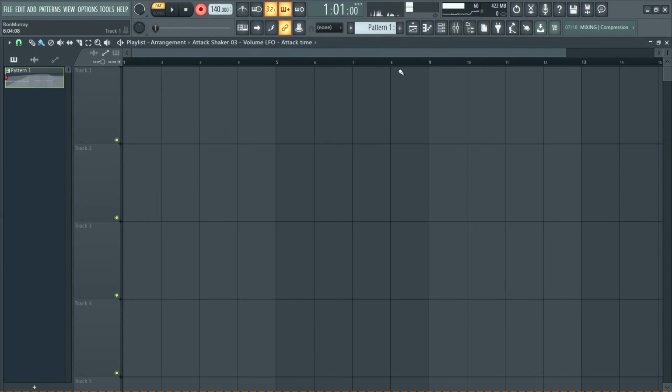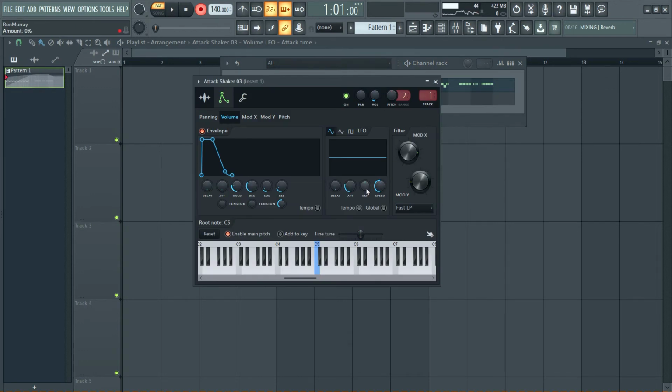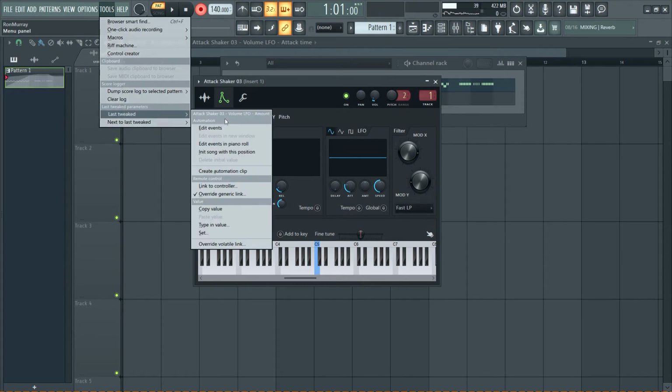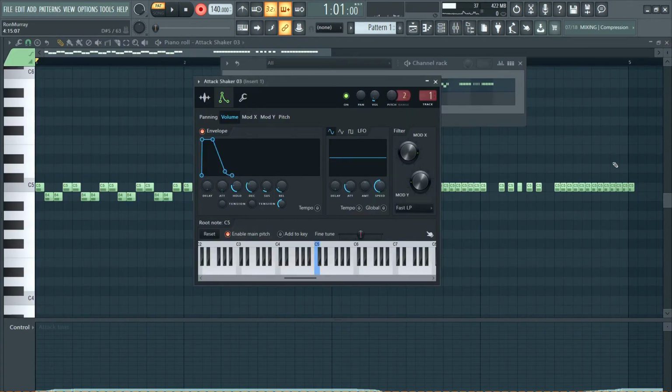And the last way is you could tweak the parameter. Go to tools, last tweaked. It's going to show you the parameter that's there, and then create automation clip. So that's how you would achieve a crescendo, and those are the different ways to do it, because you may want to draw it, but you also may not. You may want to use the tools that are associated with automation clips. And even if you draw it here,